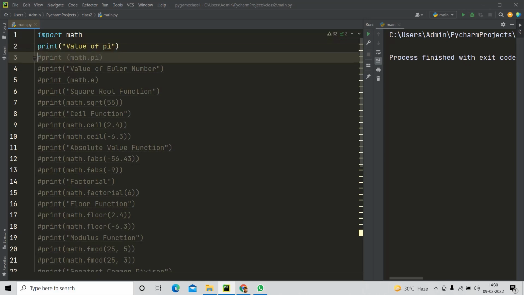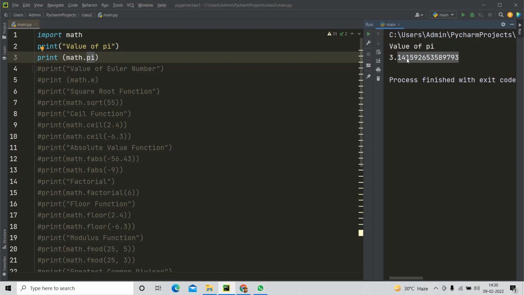And coming to the first one, it is a constant, the pi. So we all know what pi is, right? Pi is nothing but 3.14. Here, instead of writing 3.14, it will give you a very precise option. If you want to have very good decimal numbers or a very approximate value, then you can use this math.pi, because when I run and show you this math.pi, you can see there are 15 points of precision here after this 3